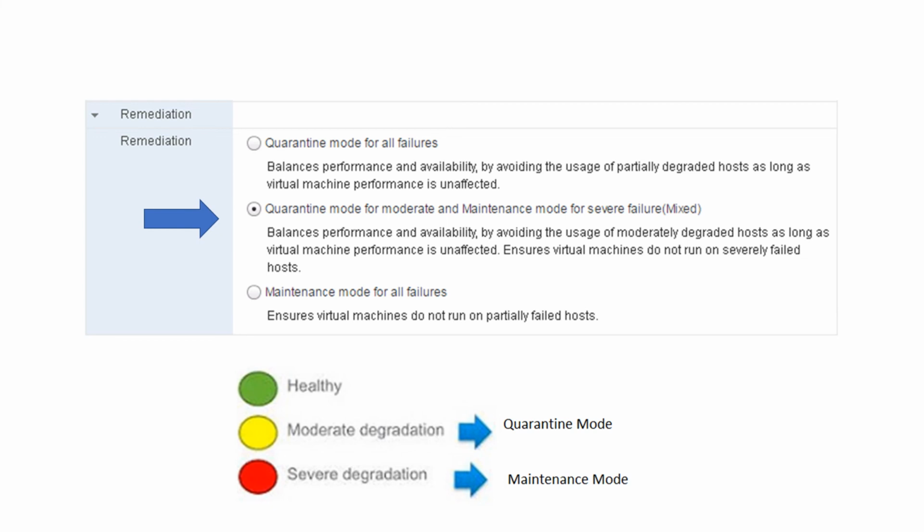The recommended option would be quarantine mode for moderate and maintenance mode for severe failures, that is mixed. However, based on your requirement, you can choose the best option for your environment.